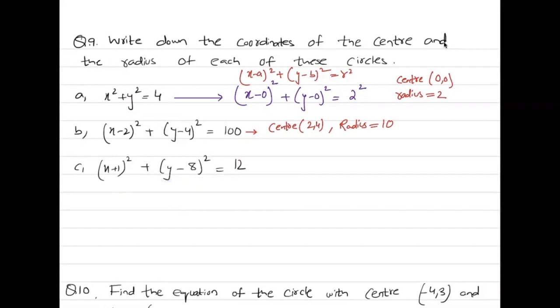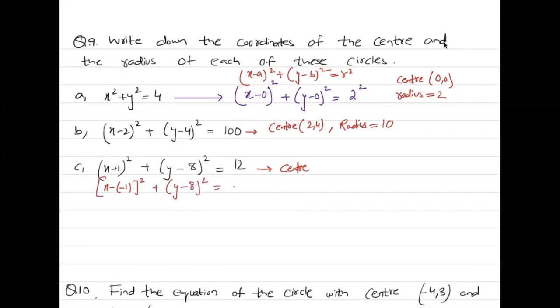Just give me a minute. I'll use calculator. That's negative 1 and 8. Yes, good. Now, although we have x plus 1 the whole thing square over here, if we rearrange this equation in the form given, it's going to be x minus minus 1 the whole thing square plus y minus 8 the whole thing square